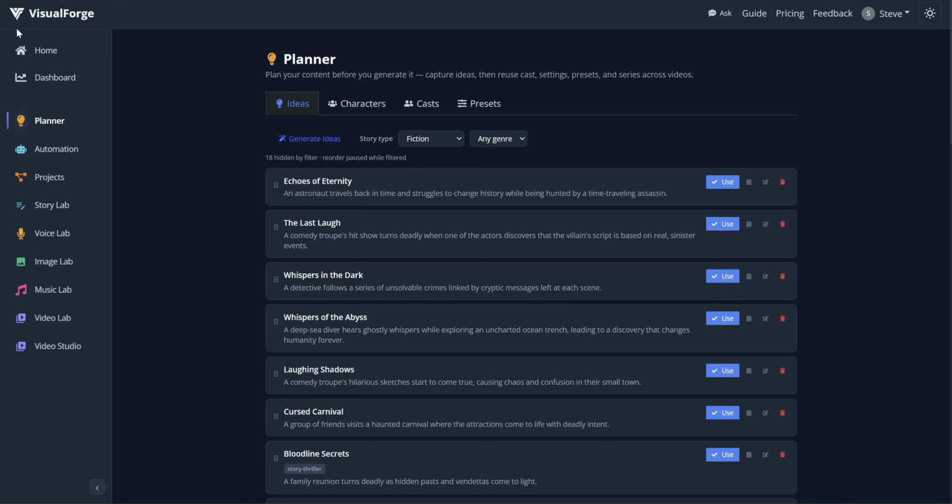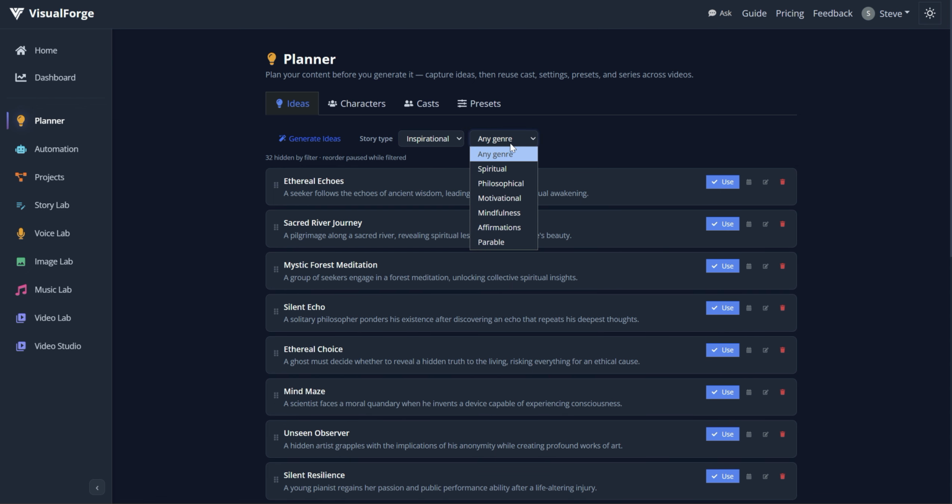I wanted to show the planner today within VisualForge. It's where you go to put your ideas together for future projects. And so we have this idea tab, and you can filter by the story type. So right now we have two types, inspirational and fiction. Under fiction, we have the genres listed here, and under inspirational we have these, and these ideas basically